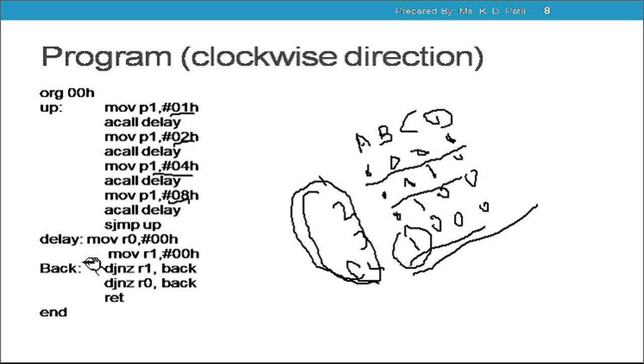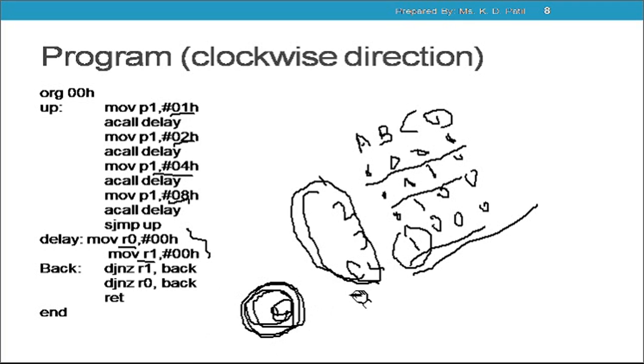Okay. Now let us see how the delay is calculated. Here we are not going to give any delay, as we want the stepper motor to continuously rotate without any delay, and that's the reason that R0 and R1 are supplied with the values 0, 0, and unless and until we stop the rotation, the stepper motor will rotate in the clockwise direction.